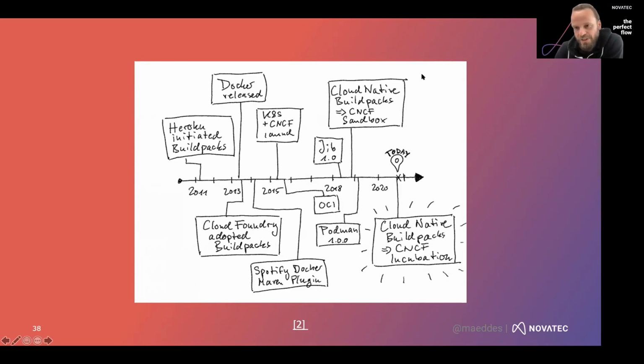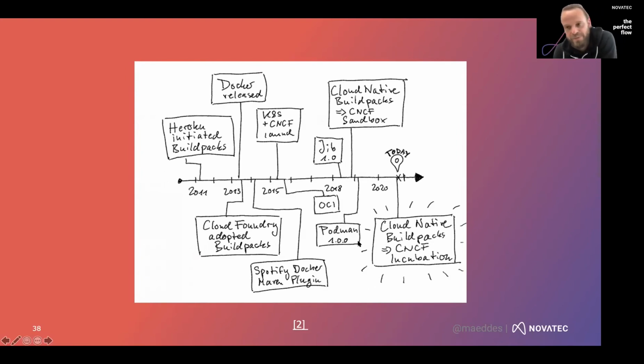With Kubernetes becoming more popular and the CNCF having a massive ecosystem, there was the idea to take the buildpacks idea out of Cloud Foundry and reuse that as an external component for a standalone mode of building containers. So these are a couple of things that I want to have a look into today and show you. Of course, neither my presentation nor this timeline is complete of the various build options.